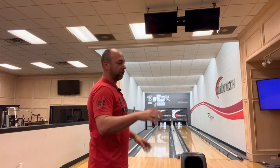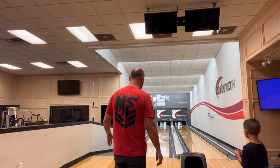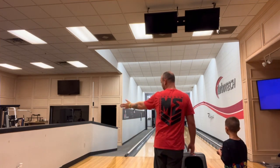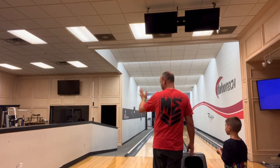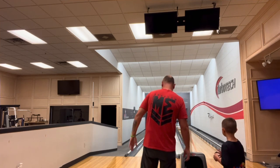Now the opposite is what we want to do. Almost the opposite on shooting left side spares for right-handers. So on the left side spares, I don't want to stand all the way over here, because then I don't have that room, because you're hooking the ball. Your ball might be spinning a little bit to the left. So you want to give yourself more room for error. You want to give yourself a little bit of lane to the left and a little bit of lane to the right. So I stand at